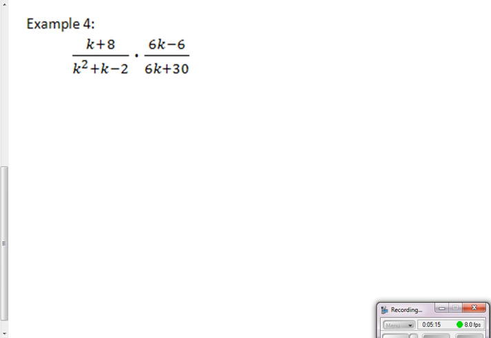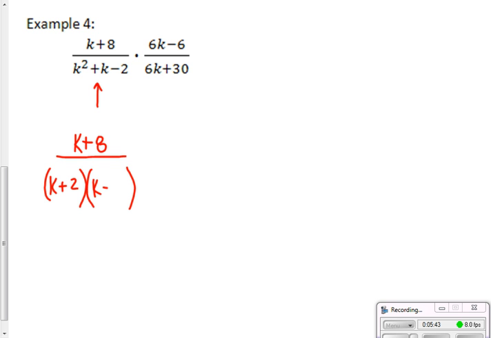Example 4, in this problem I'm going to want to do a lot of simplifying. So here's this first part, that first rational expression. I'm going to say k plus 8 over, and I'm going to see if I can break down k squared plus k minus 2 into two binomials, in which I can. So I have k, I see plus minus up there, so I'll have plus minus down here. So I should come up with k plus 2 and k minus 1, and this would be multiplied by, look at this,